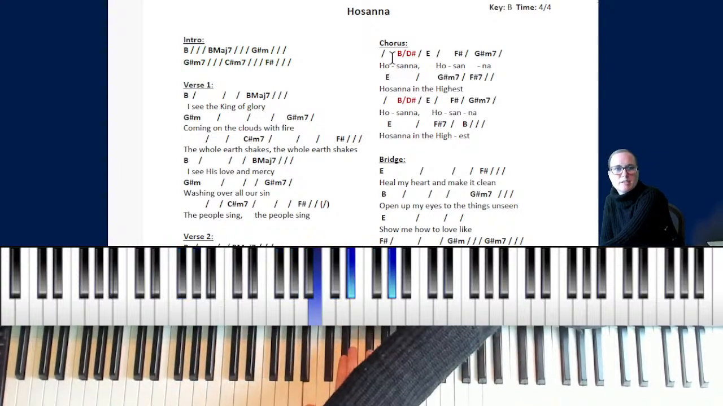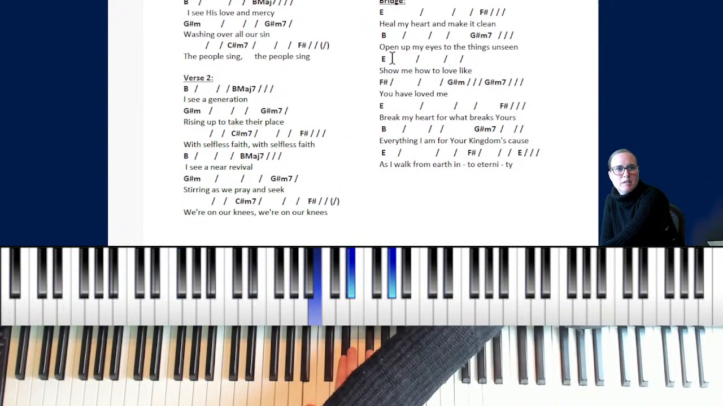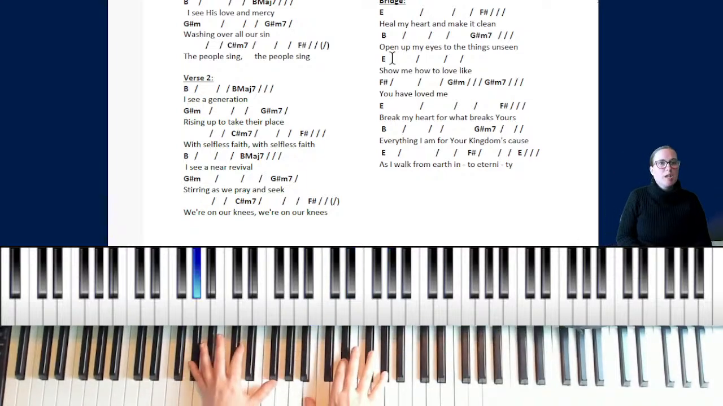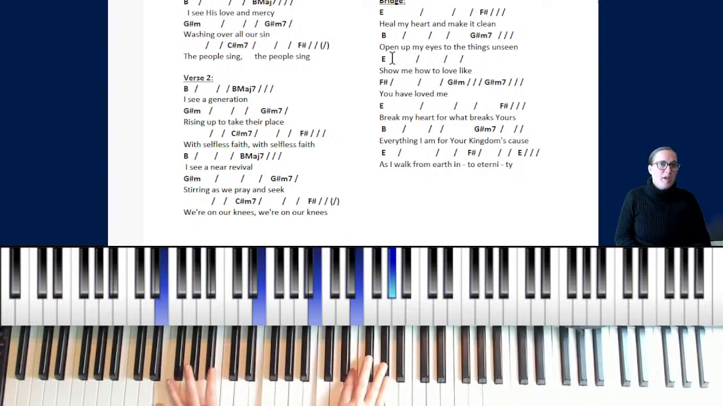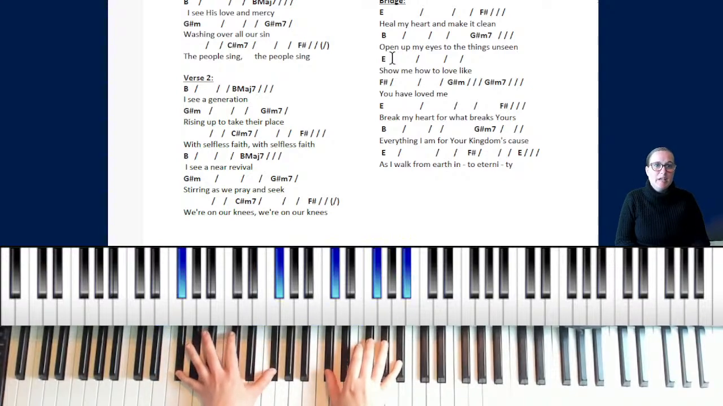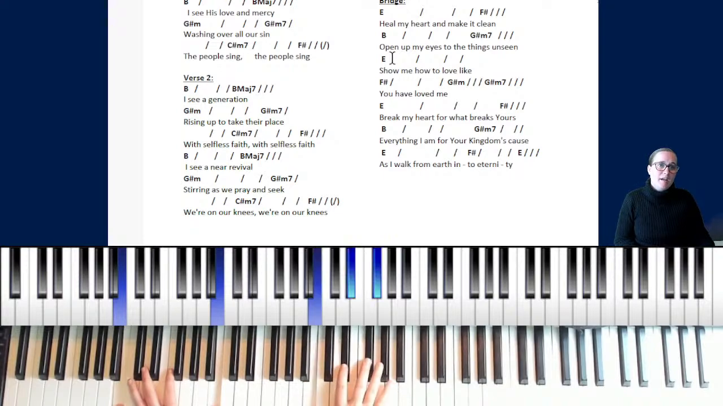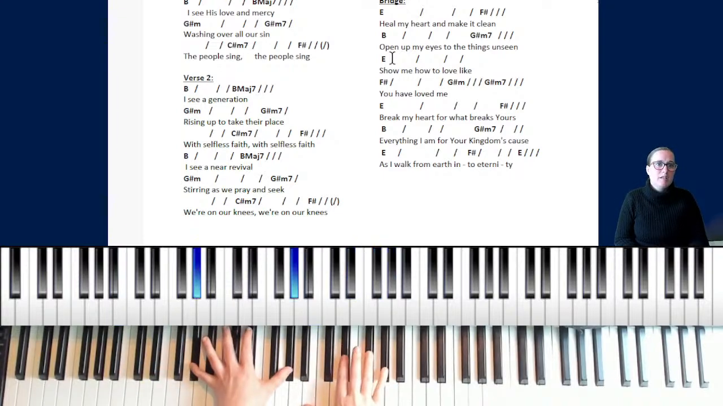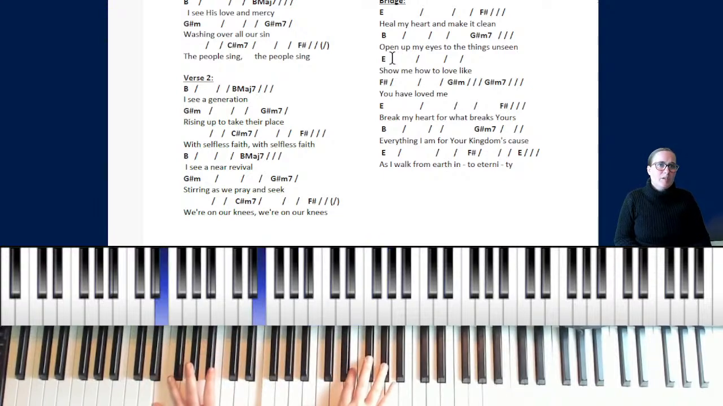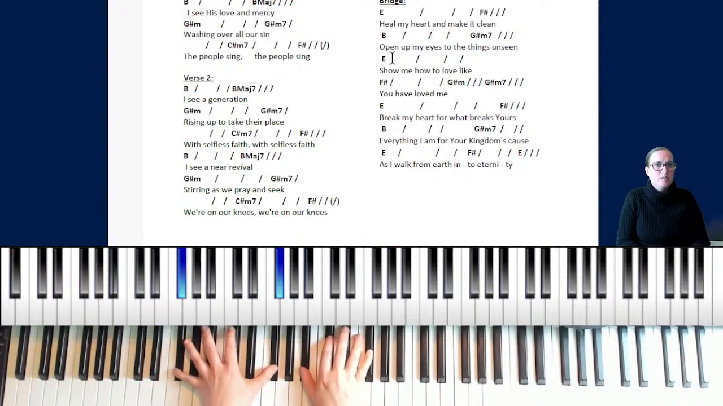And I don't know if you guys can see that. I'm just going to scroll down a little bit here. So I'm on loved me, G sharp minor, add the 7, G sharp minor 7. We're going to go break my heart. Break my heart for what breaks yours. Again, we're just repeating the first part of the bridge, different words. Everything I am for your kingdom's cause. As I walk from earth into